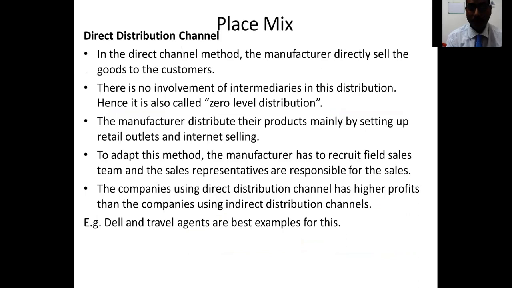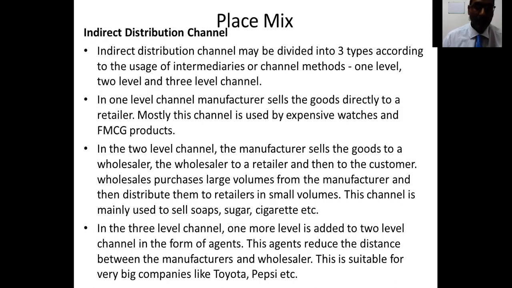The profit which is taken by the intermediaries is avoided so that the customer is getting the benefit. So what happens, as I told you, Dell is a very classic example. Indirect means here the product or services is taken by the intermediaries and then it goes through either one or two or three channels, and then it goes to the hands of consumers. So every channel it passes, a few percentage of price goes up and up. So what happens, the customer may not get this benefit.